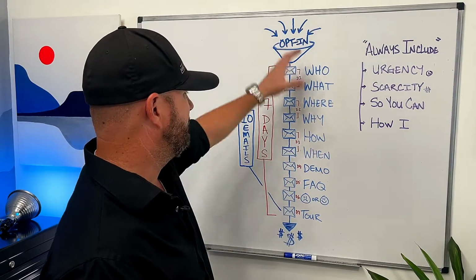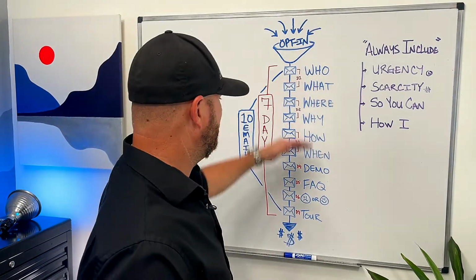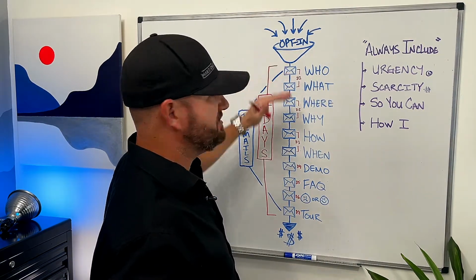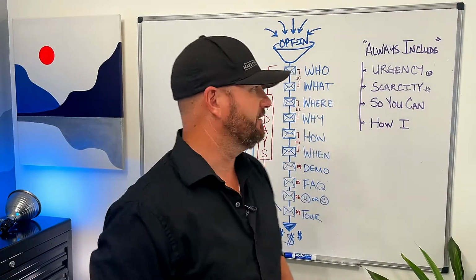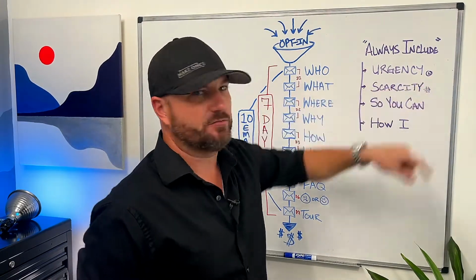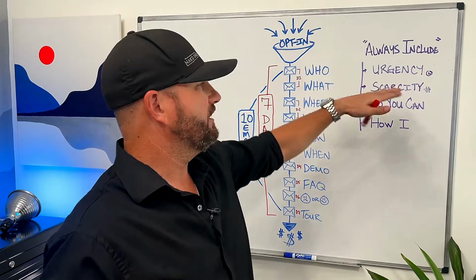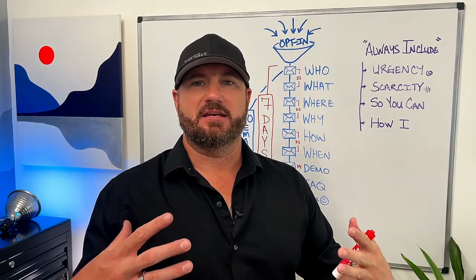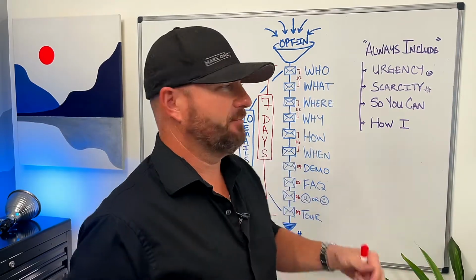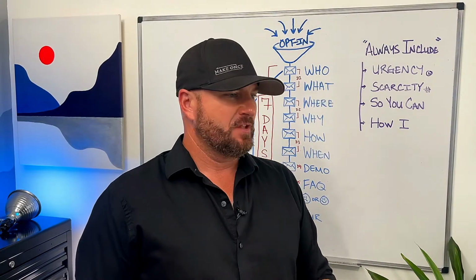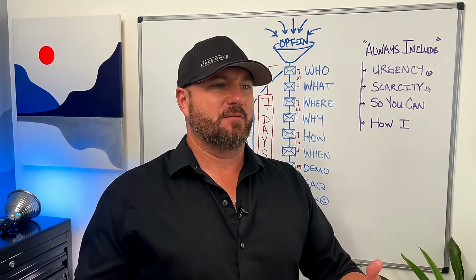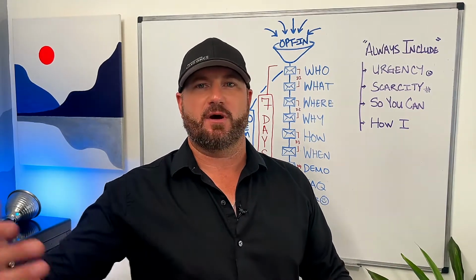Now, these different things can be switched around however which way you want, but they somehow get included. And on these email automations here, I'm going to share with you how I space them out and the logic in between each of the emails. So in every one of these emails, one thing that I always include is urgency, and I've got a little clock here because when you think about urgency, you've got to ask yourself, what can I do to make the time seem like it's going to be almost up, or it's not going to be around very much longer? And it's nothing where we're being fake about it. It's just how much time are you going to put this out there for? How much time are the bonuses going to be available? How much time are you going to allot for X, Y, or Z?